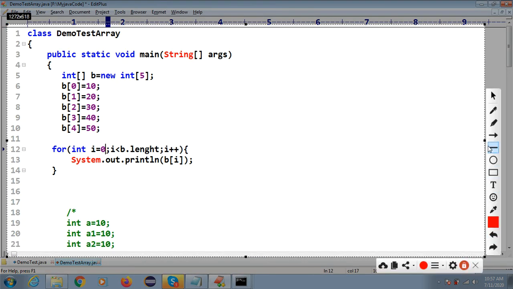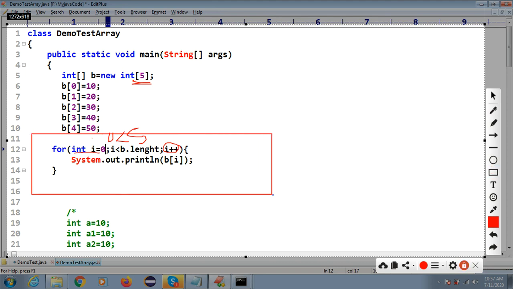So now you can see here, I have given the value 0 for i, then 0 against 5. So what will happen? This length variable will find the length of this array, and it will increment and decrement. This is how this for loop will work. First is your initialization. So in the first iteration it will initialize and check this condition.